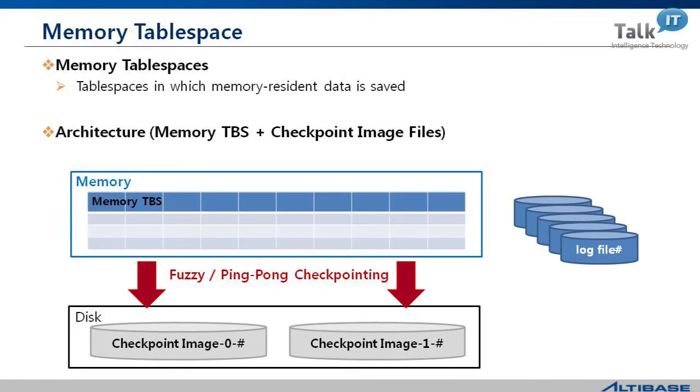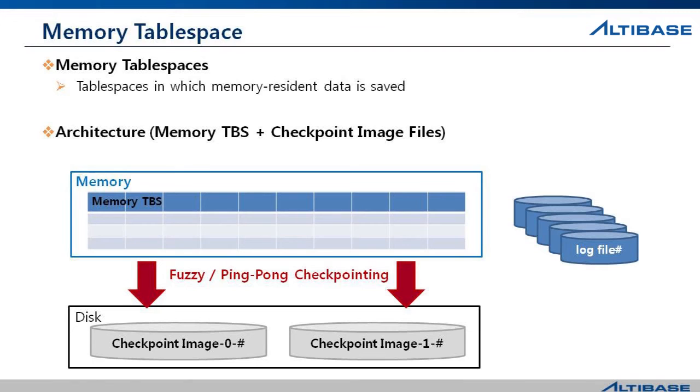So whenever the checkpoint is executed, the information for memory table space is backed up to the checkpoint image files located in a disk. And whenever the DML, such as insert, update, delete statements are executed, that information is stored into the redo log file, which is located in the disk as well. So both checkpoint image file and redo log file stored in a disk are used for the backup and recovery